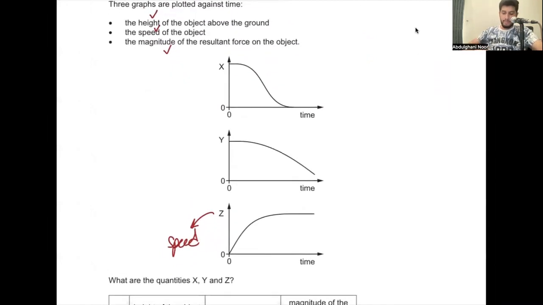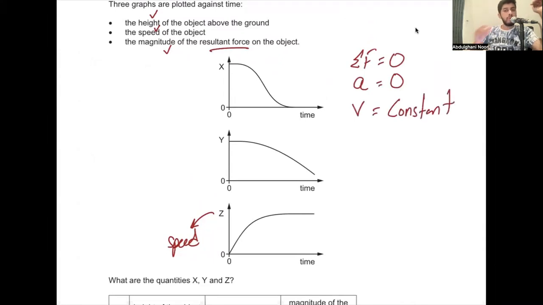अच्छा जी. Then let's talk about force. ठीक है, रिजल्टेंट फोर्स. जब हमारी रिजल्टेंट फोर्स जीरो होगी, तो हमारी एक्सेलरेशन भी जीरो हो जाएगी, हमारी वेलोसिटी भी क्या हो जाएगी, कांस्टेंट हो जाएगी. ठीक है, जिसको हम टर्मिनल वेलोसिटी कहते हैं. For an object falling in the presence of air, it's known as terminal velocity. सही. तो what do I do now?